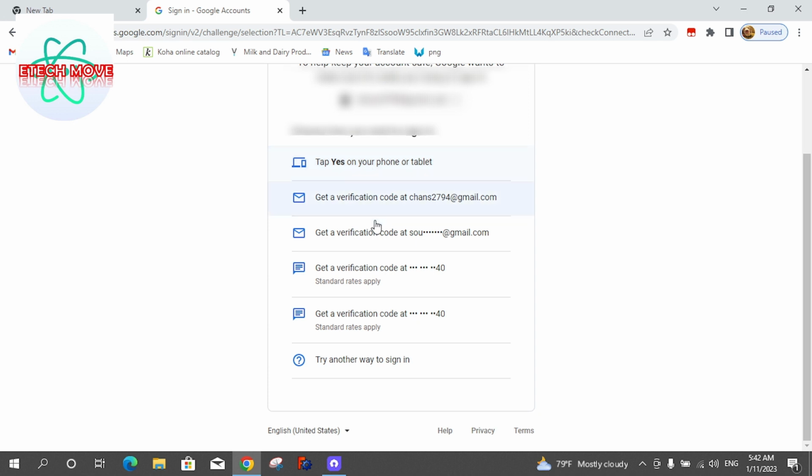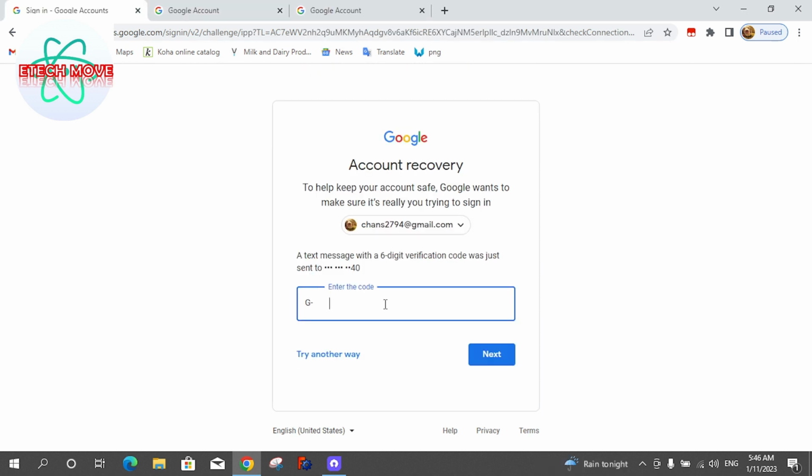First, you have the option to type yes on your phone or tablet. This is exactly that, you have a phone number, so I click on phone number. Okay, no need to click on the first one, just click on the fourth one,